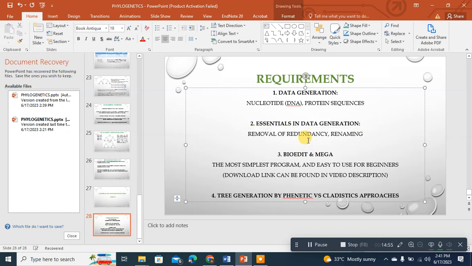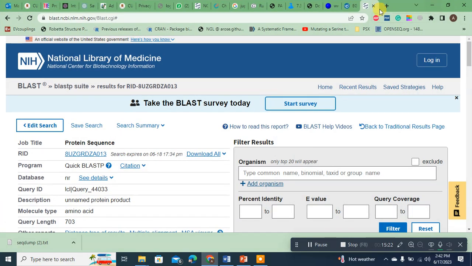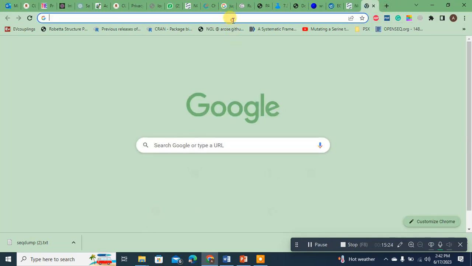Now we are coming to part 3, how to construct a phylogenetic tree using BioEdit and Mega. First of all, I will work on Mega. It's a bit simpler. If you do not have Mega on your computer, I have this Mega 11. That is simple, you just write Mega download,